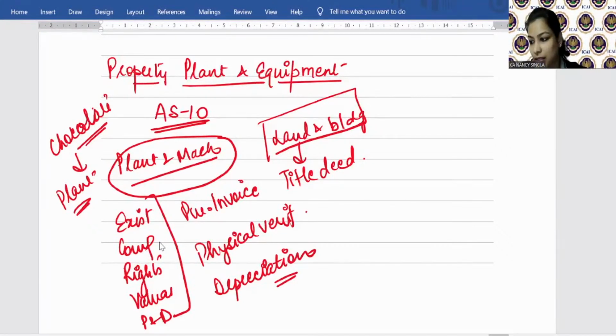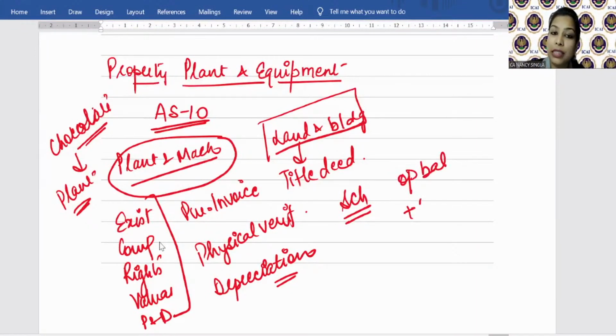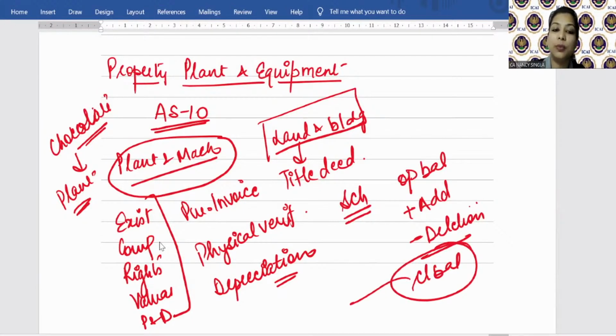Balance sheet of last year, Ramnivas is saying we will consider correct. ठीक है. So I can say we will obtain a schedule of the opening balance, है ना? Plus whatever additions are there during the year, minus whatever deletions are there during the year, and the closing balance. As per this schedule, whatever closing balance will come, we will compare it with the books of accounts, the amount that is coming in the books of accounts.